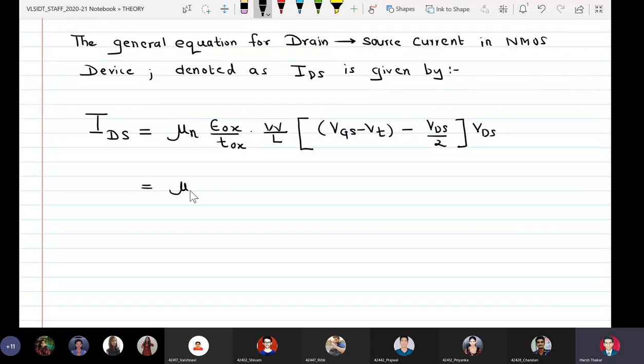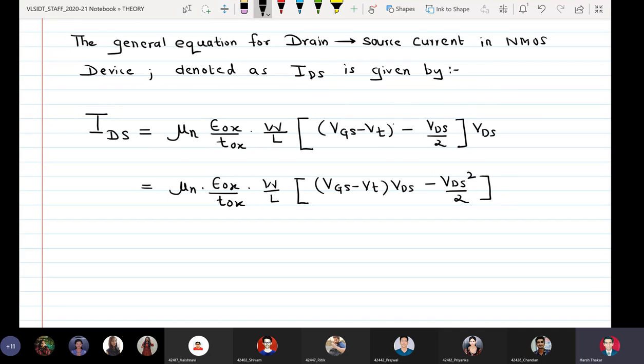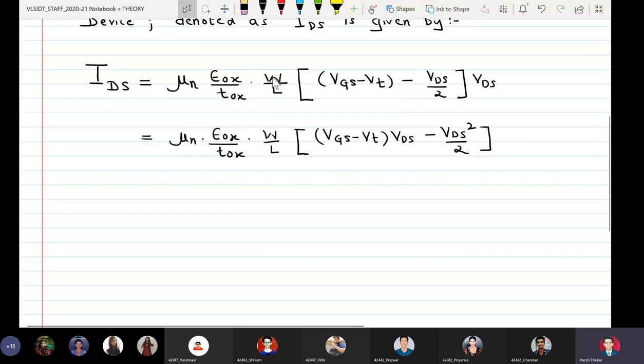Equal to, so this is the parent equation,